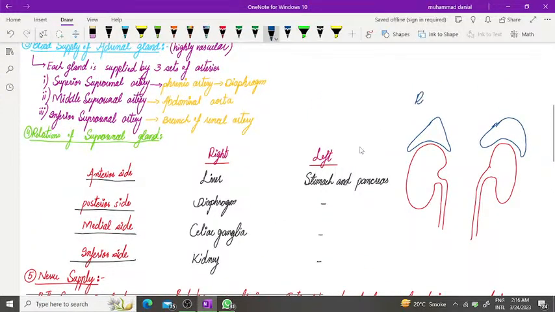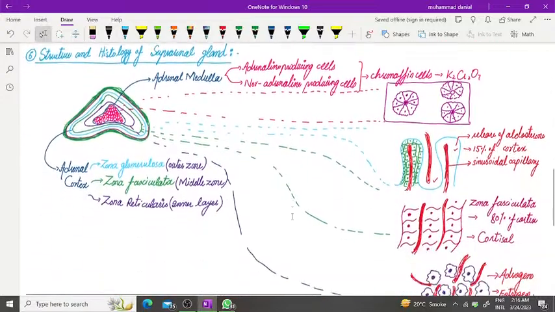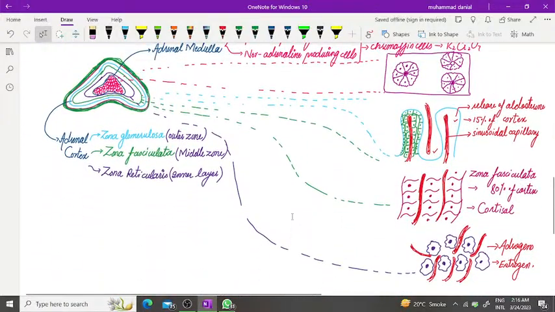Right, left, kidneys. So this is all about the histology and